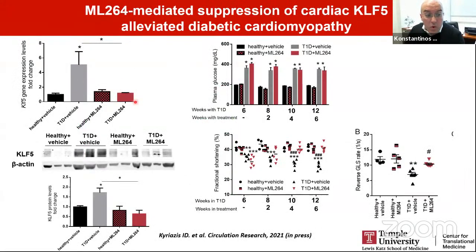So the KLF5 inhibition worked. We don't really know how this inhibitor works, but we do know that it blocks the expression of KLF5. So in the diabetic mice, cardiac KLF5 expression was not increased. This is RNA, this is protein, and the plasma glucose levels were still high in these mice. And this is what happened with cardiac function. Here you can see that 6 weeks post-induction of diabetes, those mice have cardiac dysfunction, the same as happens in the flox mice. And when we start the treatment, the mice gradually improve their cardiac function.